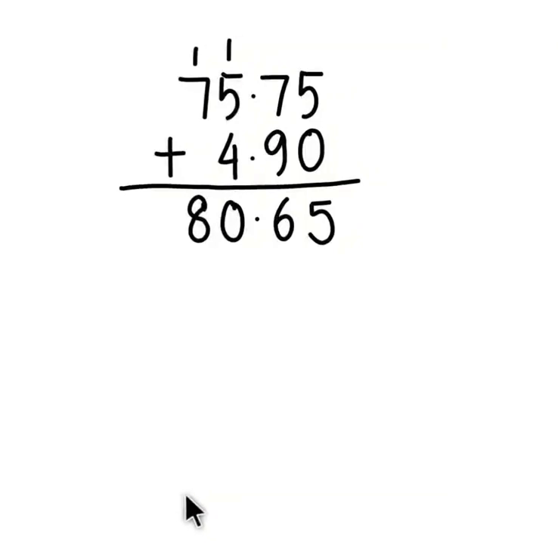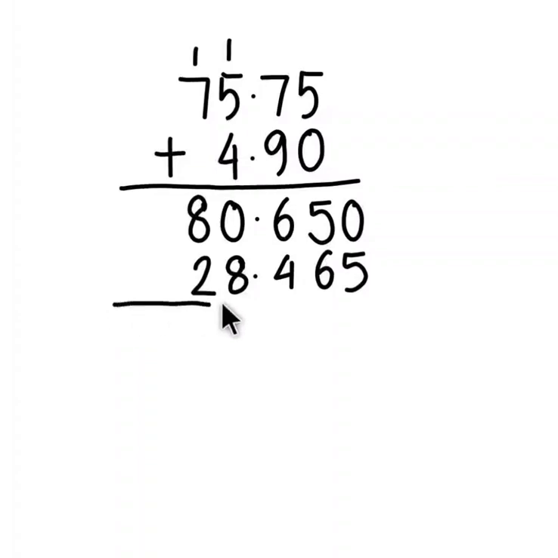28.465 from this number 80.65. So we write down 28.465 out here, and we have to subtract it from 80.65, the sum of these two numbers. But make sure that you are aligning the decimals in the same straight vertical line. So now here we have to subtract, and since the number of decimal places out here is 2 and out here it's 3, so let's make the like decimals by putting a 0 over there, and then now we will